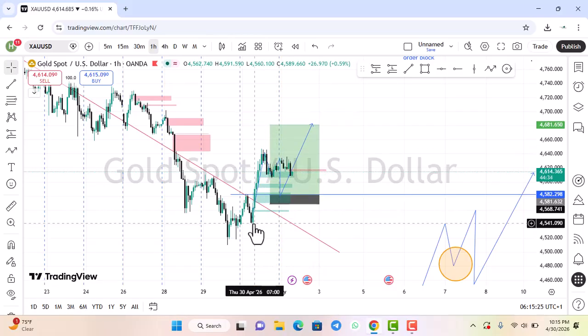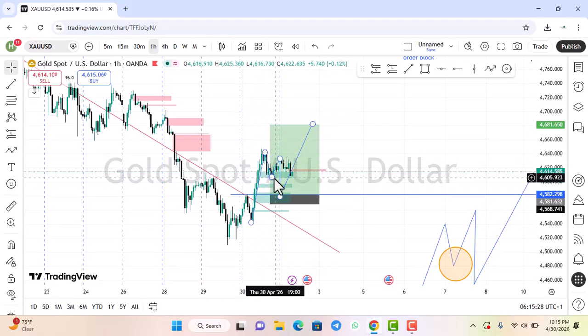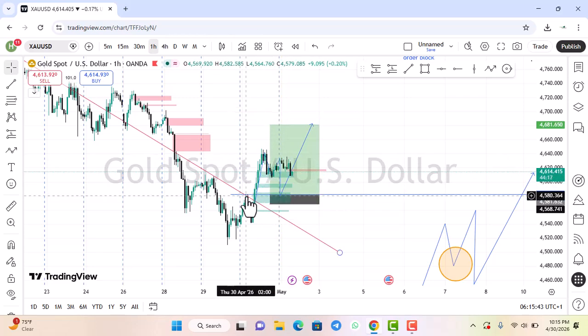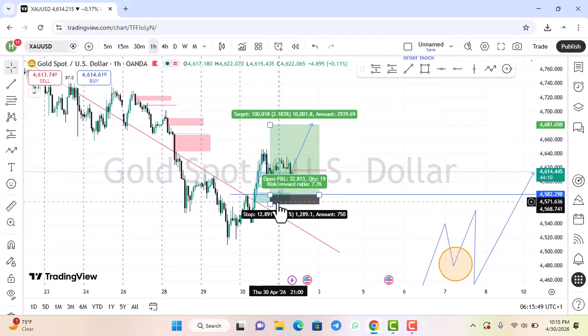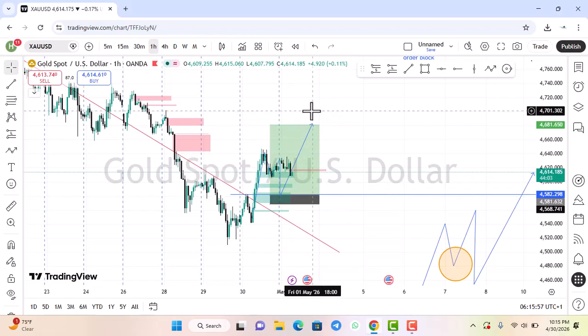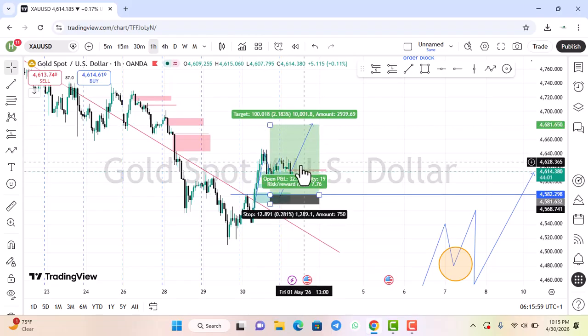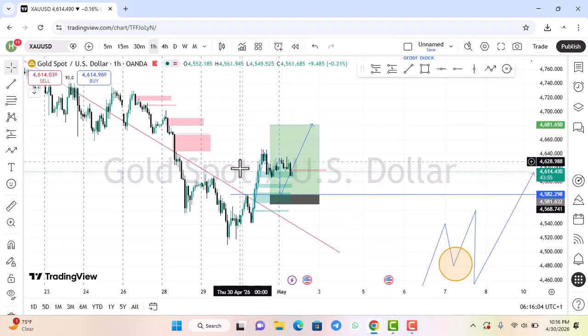Double objective. We have expansion, then we have a pullback giving us liquidity, right? Then after the liquidity, we are expecting price now to come down and sweep the liquidity, and at the same time retest this breaker block here, then enter this fair value gap before we expect another expansion, which is the retracement after the objective has been achieved. So this is a very practical example here again for you to